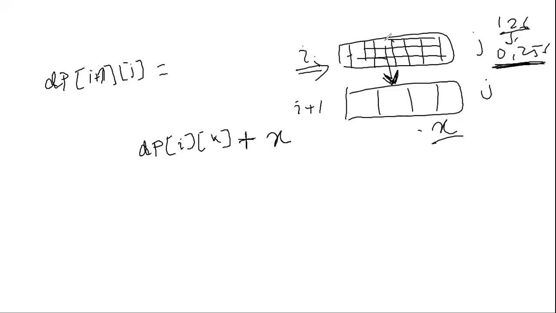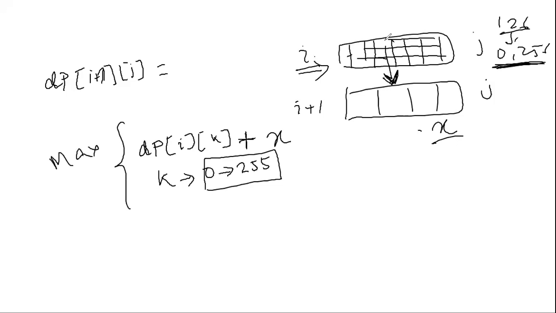Now K goes from 0 to 255, and we have to choose the best out of it. So let's call it max. And X is, let's call this, the valid seats